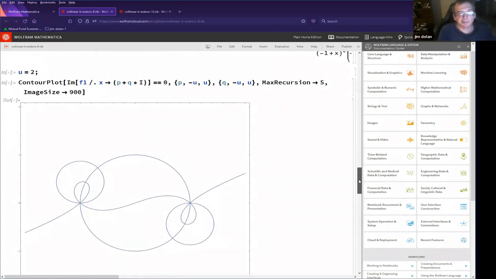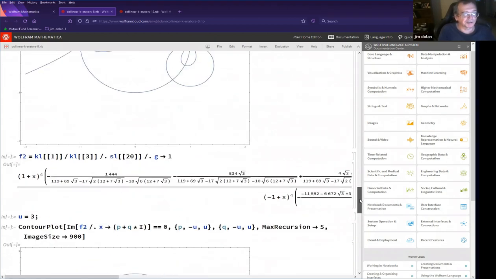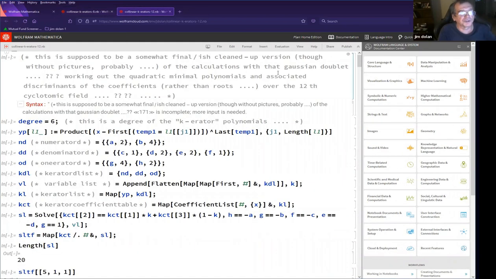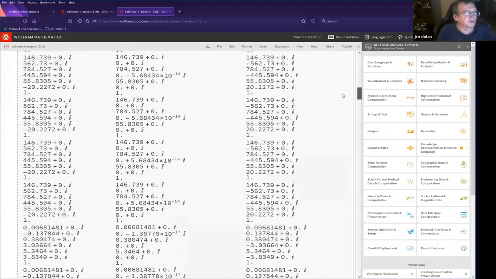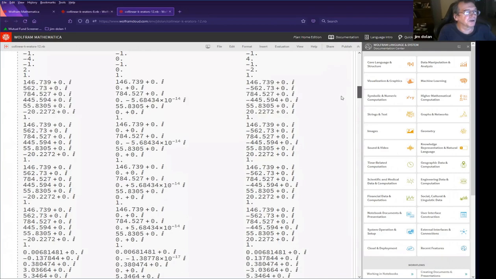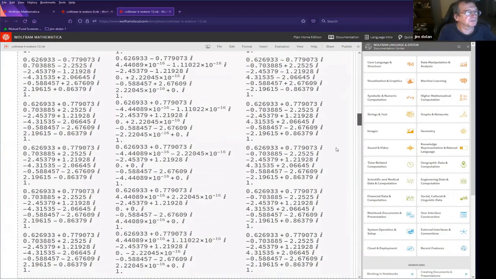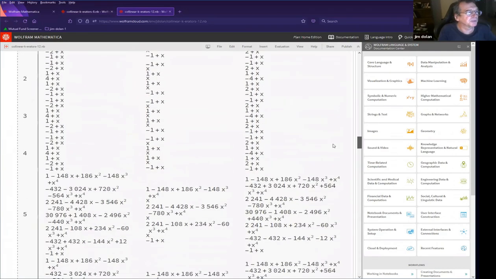Okay, so first of all, there's this program that just shows us the pictures, and you can also see some of these ridiculous formulas. There's another program I just want to click over to at the moment, which has some... let's see, okay, there are some of the minimal... no, those are not the minimal polynomials. Where are the minimal polynomials? There are the minimal polynomials.